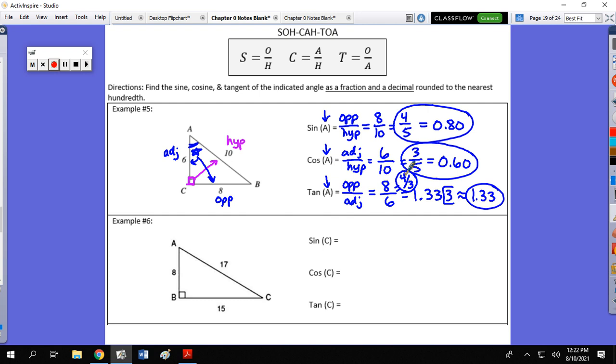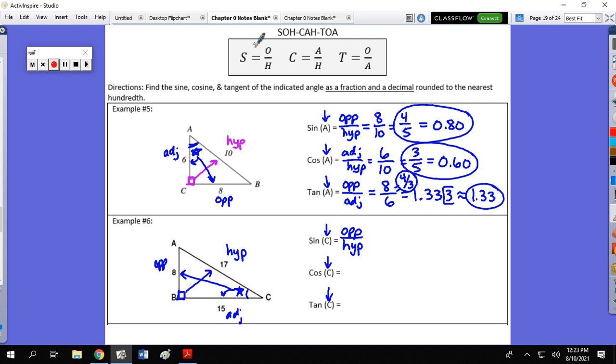Same thing on example 6. Locate your hypotenuse first by going across from the right angle. Then notice we are now talking about angle C in all three problems. So now we're working with angle C, which makes 8 our opposite and 15 our adjacent. Sine is opposite over hypotenuse, which is, so